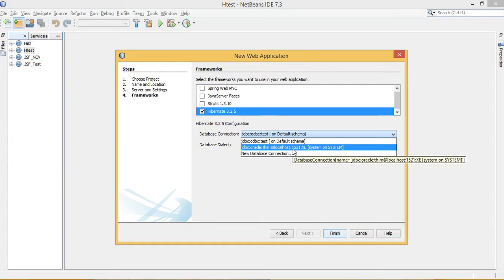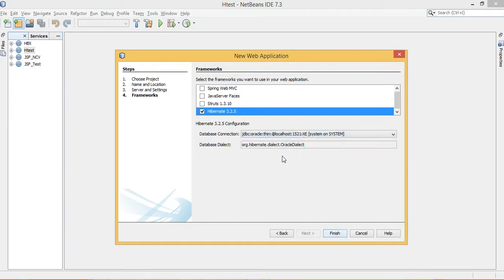You have to select this particular string, so automatically the database dialect is fetched here. Whenever you work with the Oracle database, the database dialect is automatically fetched by NetBeans: org.hibernate.dialect.OracleDialect. Then click on finish.